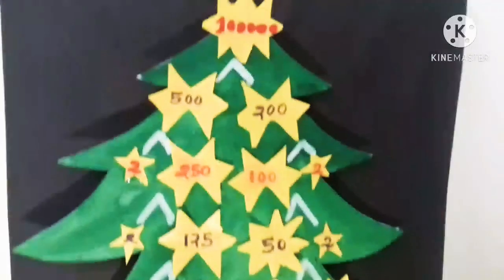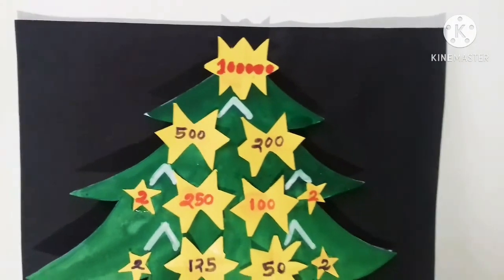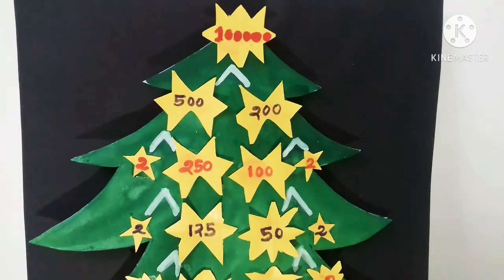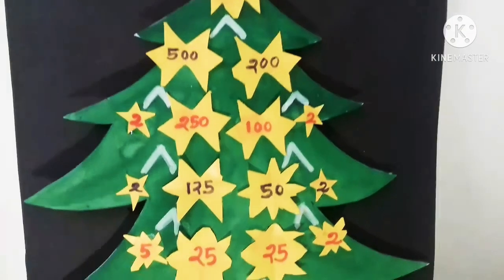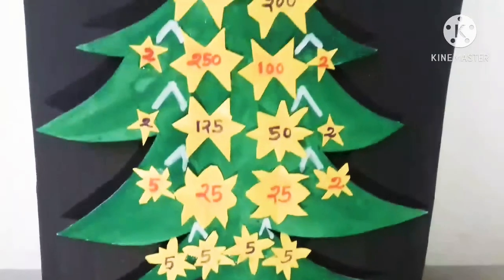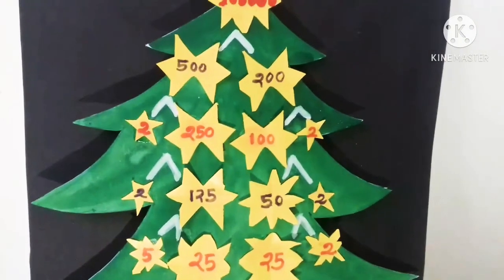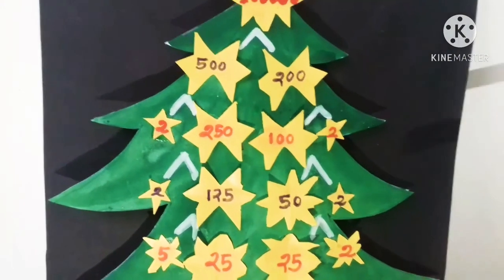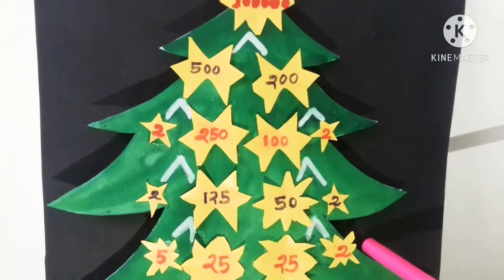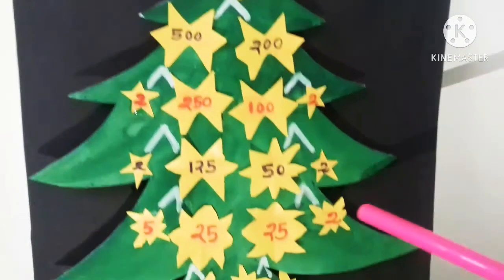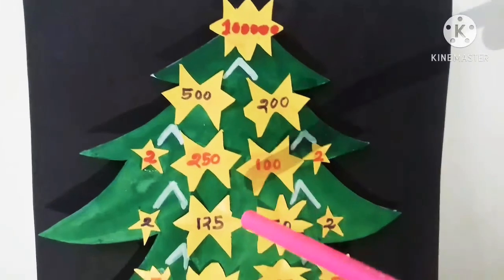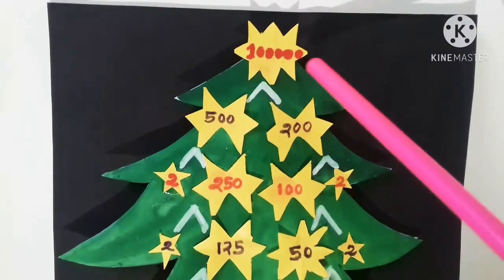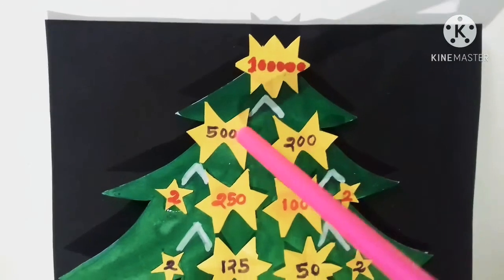Isn't it funny? I took one cardboard and I covered it with black chart paper, and then another chart paper I used for making this Christmas tree, and after that I colored it and I gave a 3D effect here. Some thermocol chips I used here. In between that I stuck with gum to give this 3D effect, and yellow color chart paper I used for making these stars.